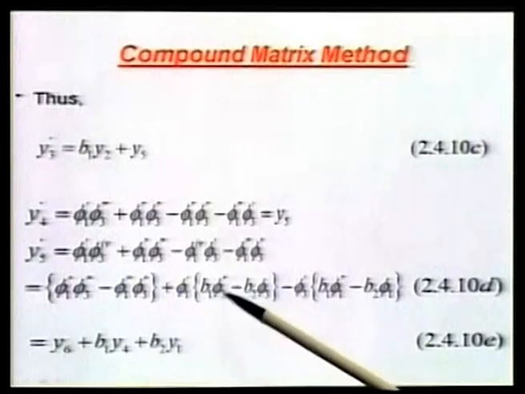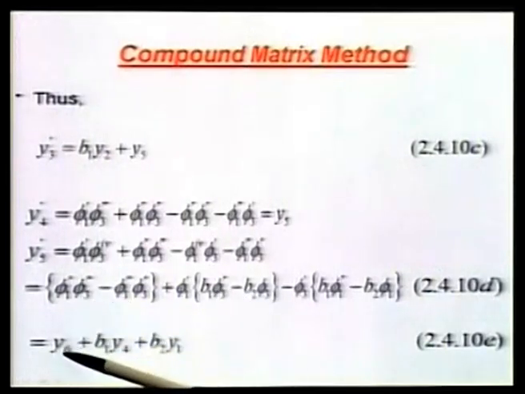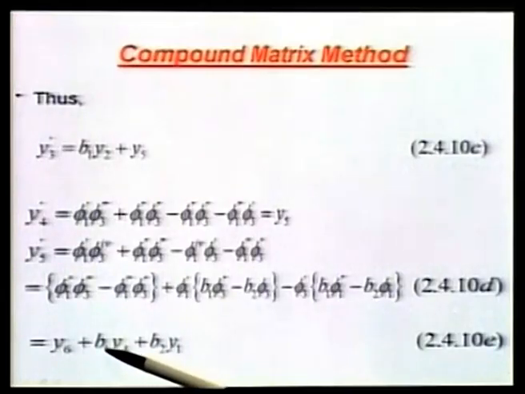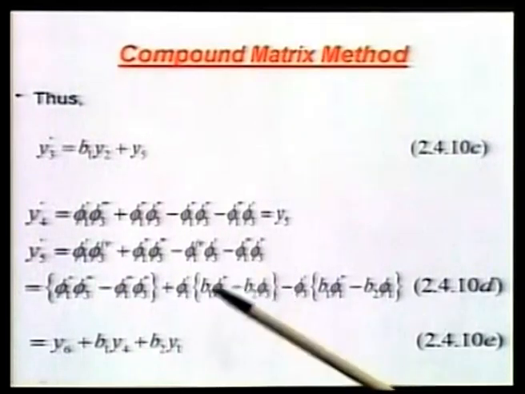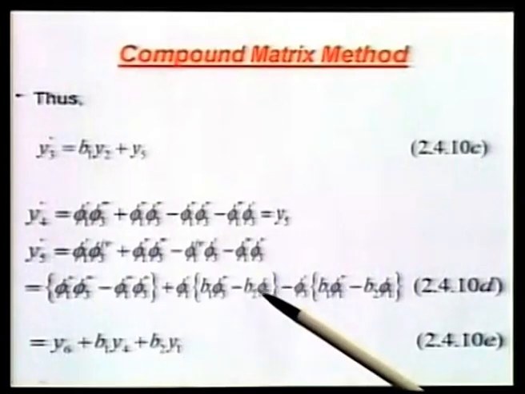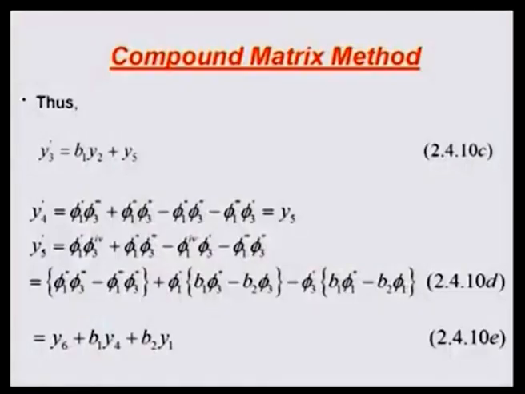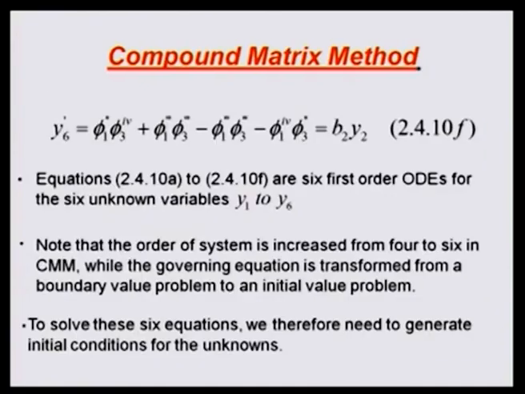So, basically then we get a term, this gives us y 6, this set of terms give us b 1 times y 4, and this b 2 term is very easily identifiable, is nothing but equal to y 1. So, I think we have obtained y 5 prime, and then we need to just look at y 6 prime, and y 6 prime we can go through the same exercise,